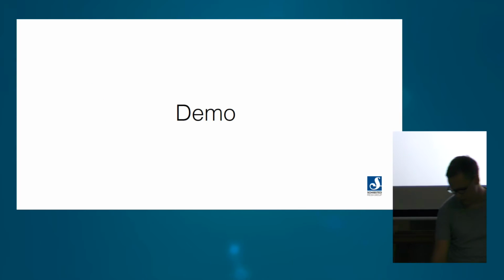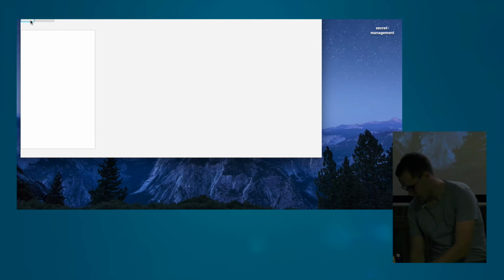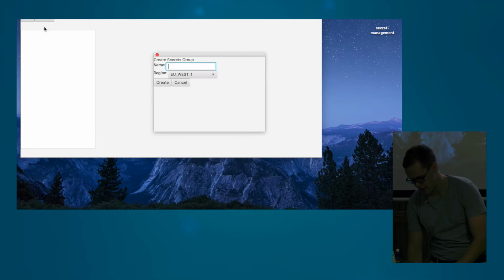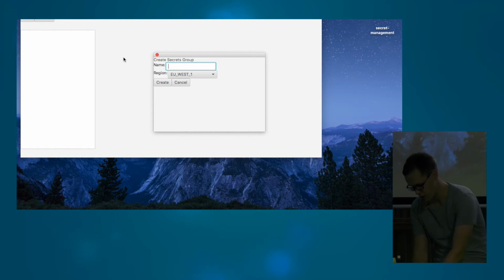Okay, so let's look at how this is in practice. So this is our experimental GUI. It was written in a day, so it's a bit crude. So now I'm going to create a secrets group. I'm just going to call it